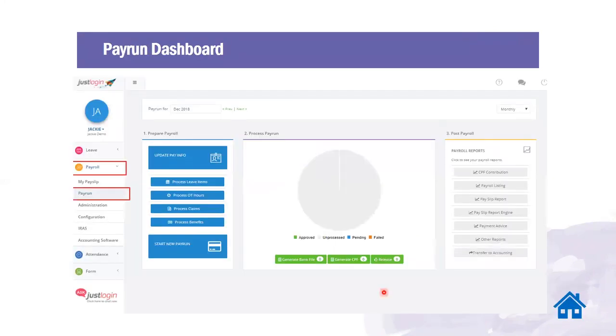So when you do a pay run, you will have to click on payroll, then pay run. Once you click on pay run, you will see the pay run dashboard. So this is the pay run dashboard. Every piece of information to complete a pay run is here. We have grouped this into three categories or steps. First step is